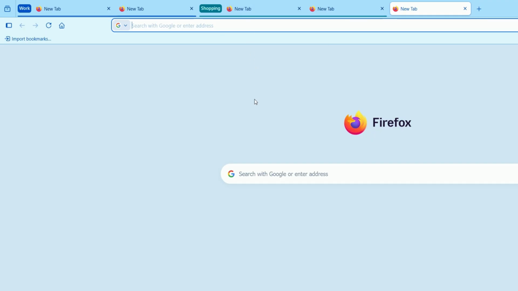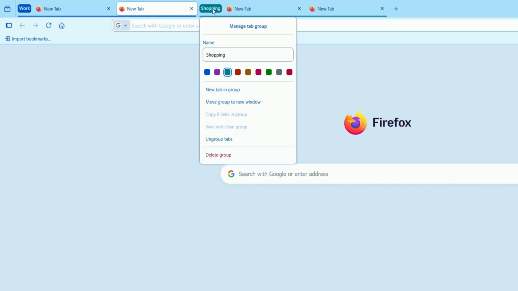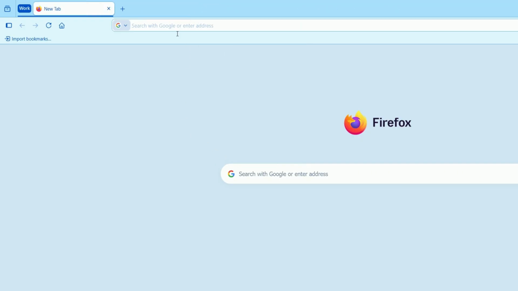If you decide a group is no longer needed, click the group label and open its options. From there, you can remove the group. Depending on the option you choose, Firefox may either keep the tabs open as individual tabs or close them along